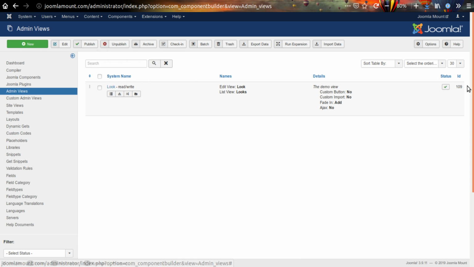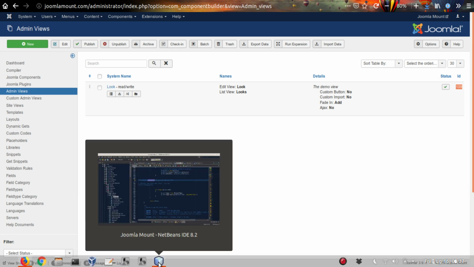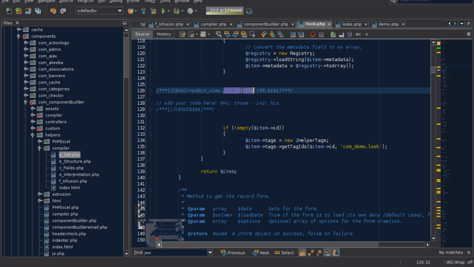Here's the admin view, and that is his ID. So it is actually targeting the specific admin view's ID. But it also shows you in which field these values are added. So you could either go to the GUI and edit the value there, or you could do it here by